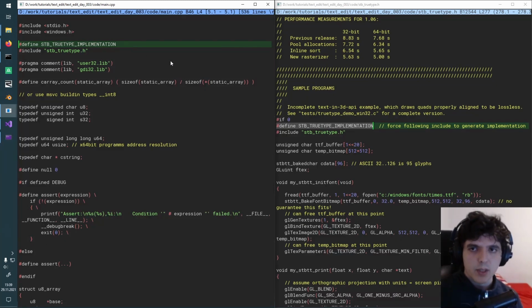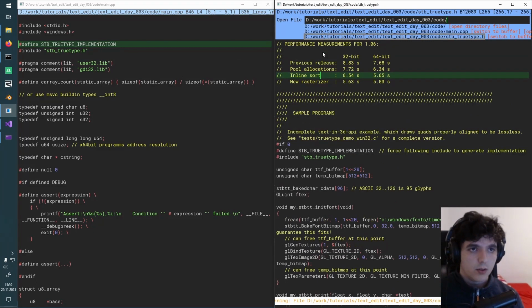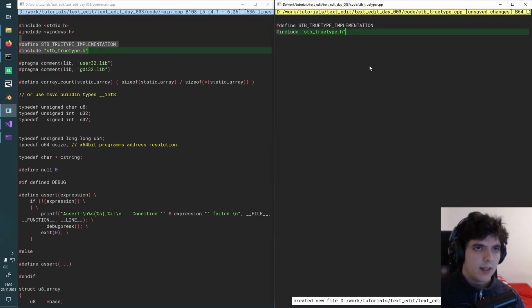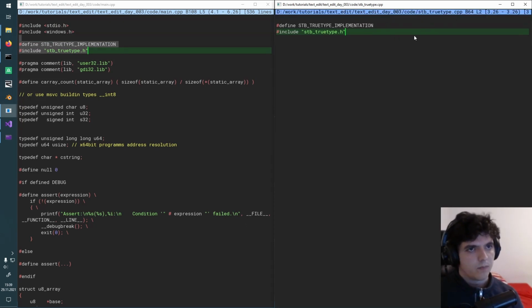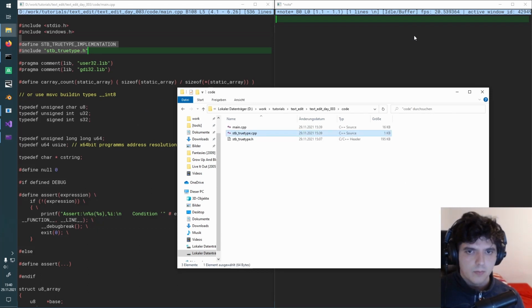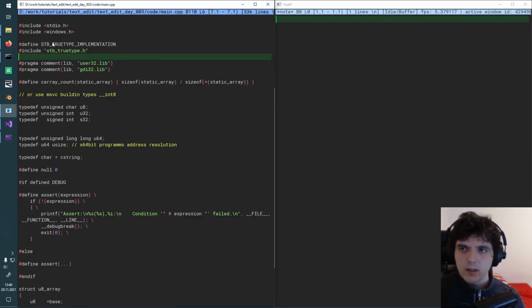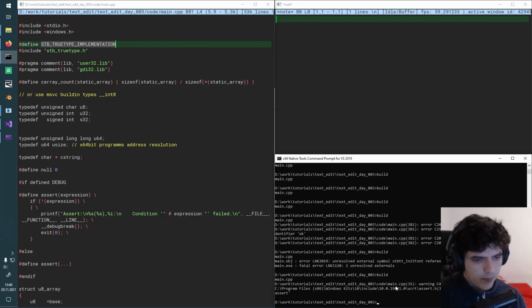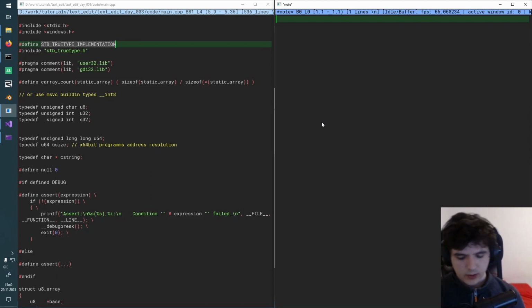But since we have a Unity build and basically only have one CPP file, this is the place where we should put it. You can also, if you're crazy, do something like stb_truetype.cpp and generate a file like this, and then you have this separate translation unit if this is your style. But we don't do that here, so I'm going to kill it with fire again. Now, since we also want to include the implementation, we should no longer get this missing reference error. And then you have the problem that STB TrueType also has an implementation for assert, and it says that we are basically defining assert twice. So there's also